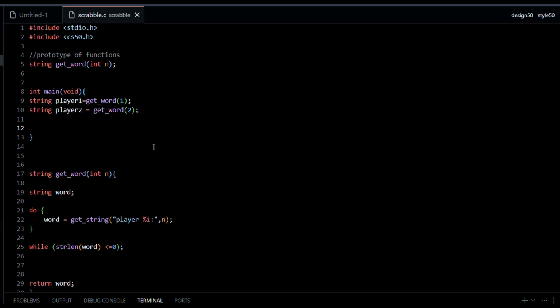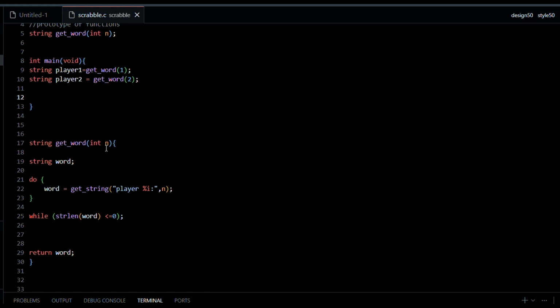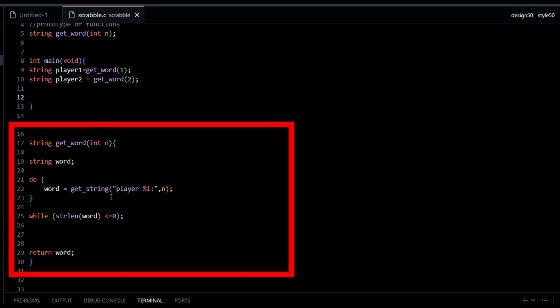The first step is to create a function which will receive an input and then validate the input. For this, let's create the function called getWord and initialize a string called word, and within a do loop, use the getString function that has been provided by CS50's library and prompt the player to input a word. We have to check that the input we receive is not just a single letter and is not a blank. To do this, we are going to use the strlen function that will let us find out the length of the word that has been inputted and see if the length of the word is less than or equal